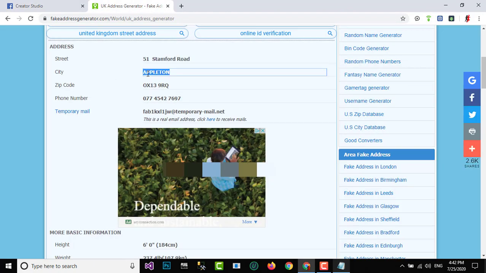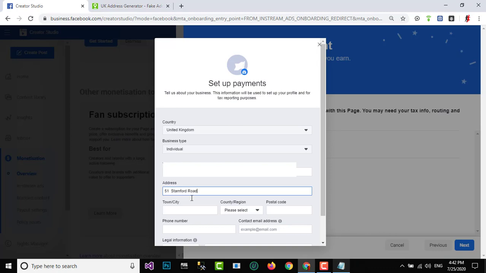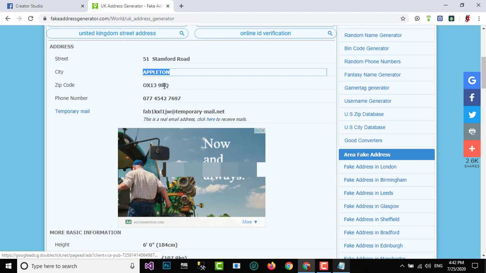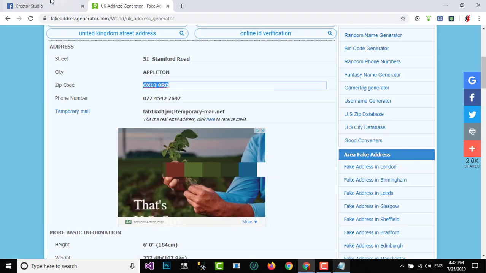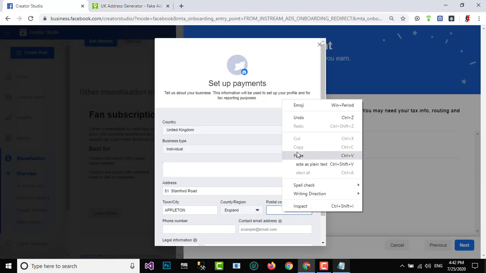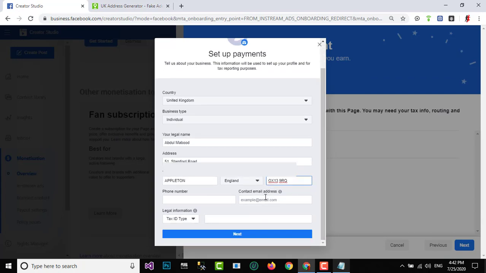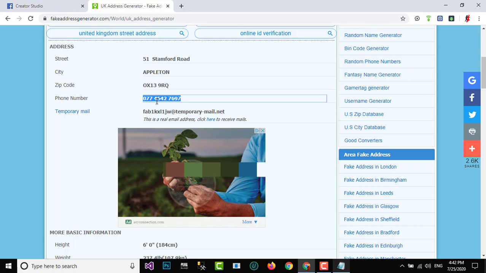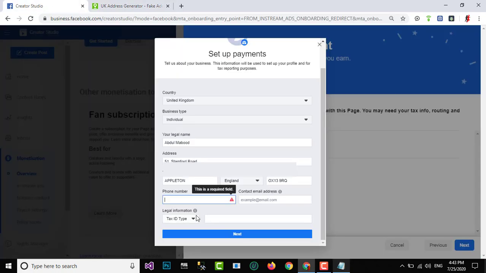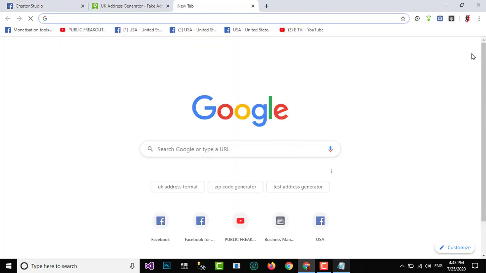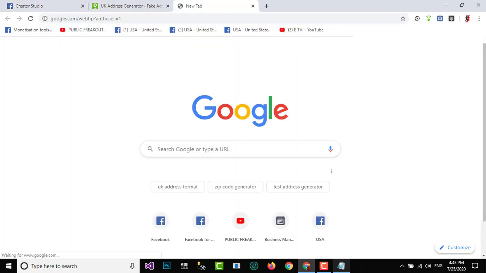Make sure the legal name you choose is real. So in the last option, as you can see, you have to insert your ID card information and email.